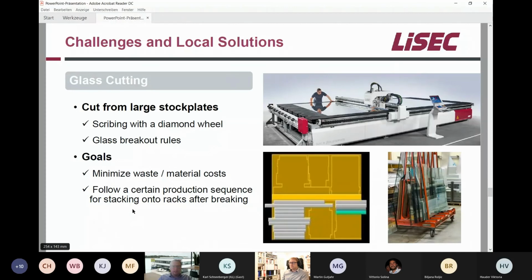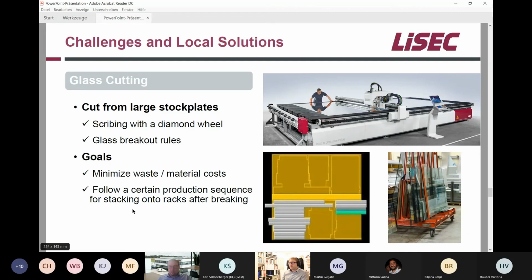Cutting might be a little bit of a misleading term, at least in the glass industry, because you cannot compare the cutting here with cutting a piece of paper or a piece of cloth, because you cannot apply a scissor to cut out any arbitrary shape here. Cutting in the glass industry means we use a diamond wheel, and the diamond wheel scribes the surface of the glass, and then by applying a force at the bottom, directly under this scribe, luckily the glass breaks, and it luckily breaks along the scribe,